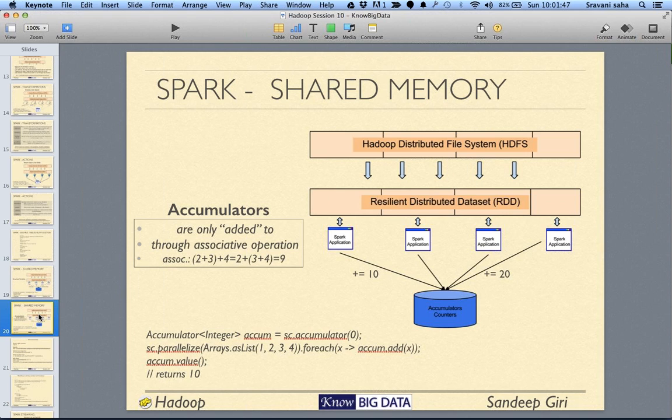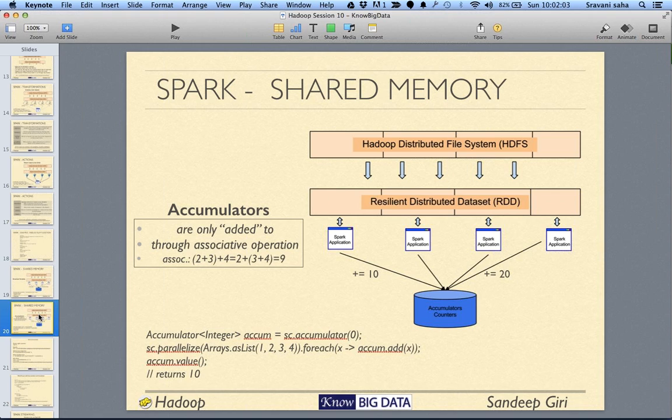That is why accumulators are valid only for associative operations, where the order in which things are done does not matter.